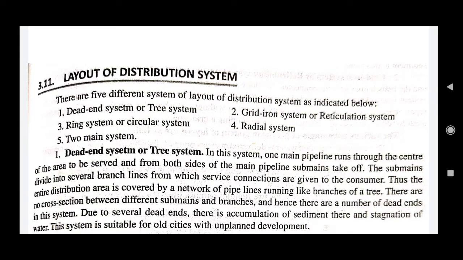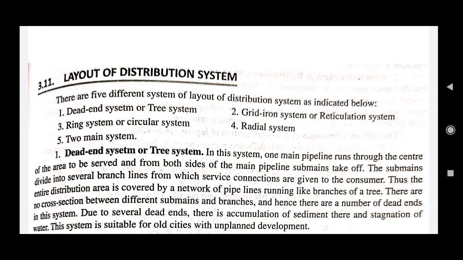That is, the amount of water pressure available at a certain section which is closest to the distribution reservoir, that same amount of pressure should also reach the far end of the city, from which the distance from the distribution reservoir is the highest, right? That is, the tail end of the city should also get the water with the same amount of pressure as in the case of the closest point.